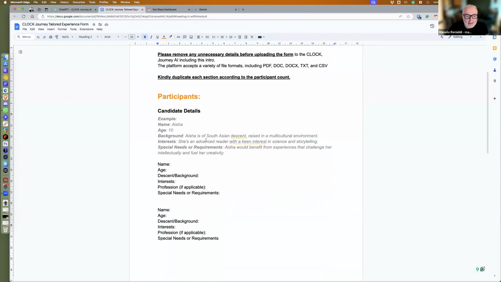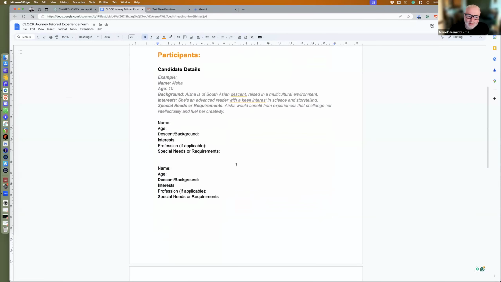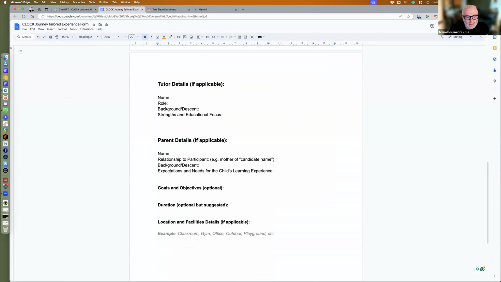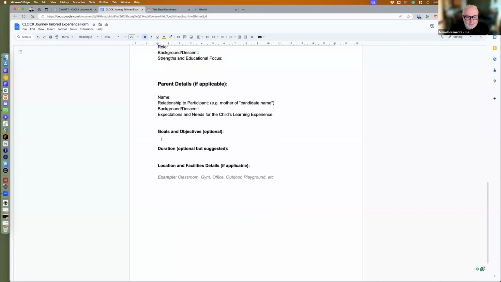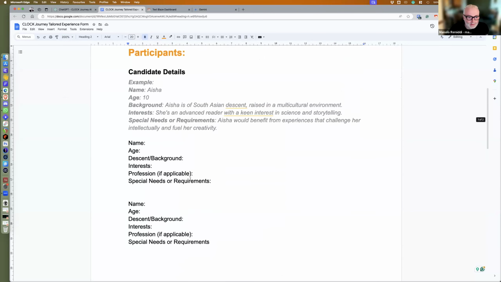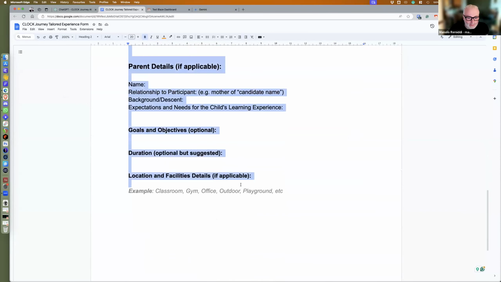150. So what it does is ask me for information for each candidate, and it's also giving me an example of what it's looking for. Of course, you can add even more information, but also information about the tutor. If you have more than one, you can add them. If they are young people, you can also add the parents. The goals and objectives, if you have them, the experience, but also the duration and the location. So I'm not going to fill this form myself, but I'm going to copy all these details and provide them to